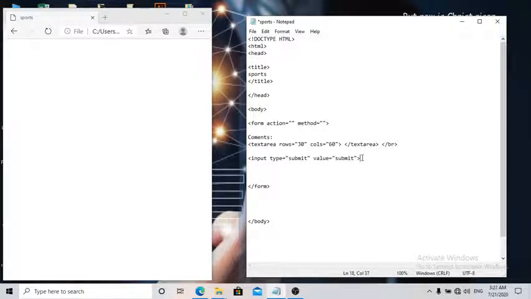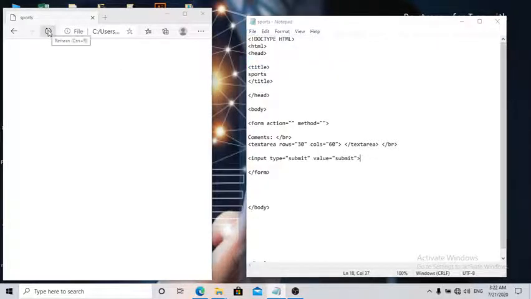And then, having done that, here we should also have a line break, so that there'll be proper spacing when it comes up on our browser. Okay, so having done that, you see that this input element does not really have a closing tag, so it does not really need a closing tag. So this is it. This is what we need. And having done that, we'll just hit save